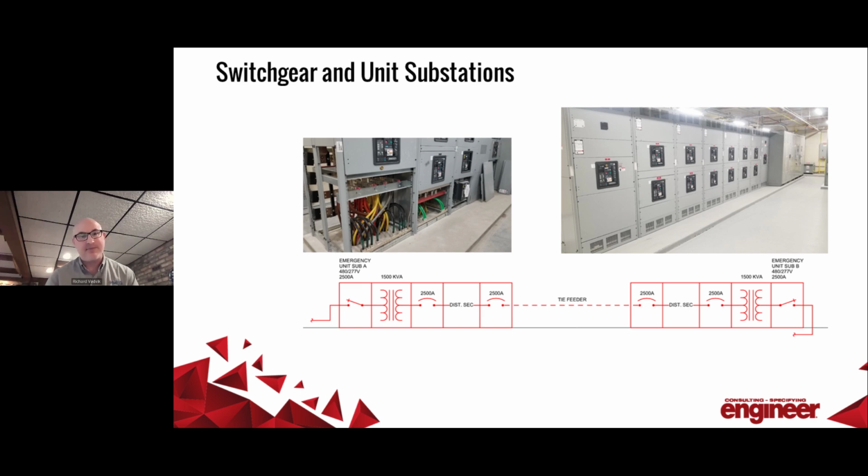So keep that in mind and ask that question early so you can plan for that space. In addition, I'd like to note that the depth of this gear is based on how much conduit you can actually fit inside of it. So if you want a lot of breakers in a section, you're going to need deeper gear. In this case, we went with 2 per section because we were limited on depth. And you can see there's a lot of wiring. So respect your electrician friends because they go through a lot of work to install this.